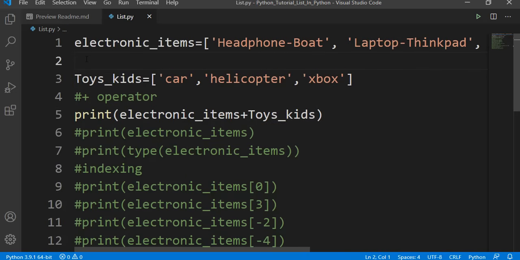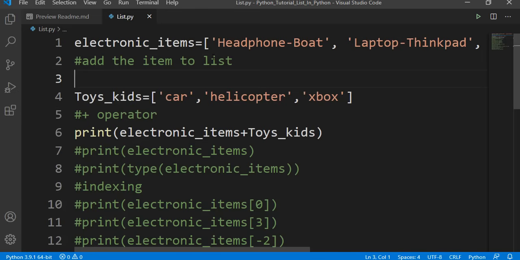Suppose I want to add an item to this list. How can I do that? I can do the same thing with the plus operator, which was concatenating these two lists. So let's see how to do that.